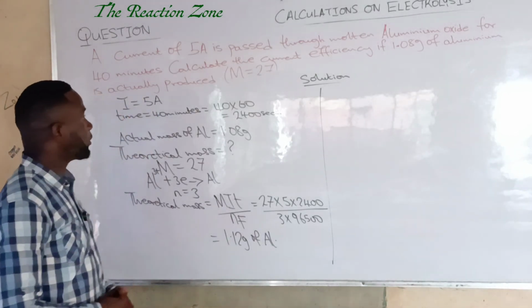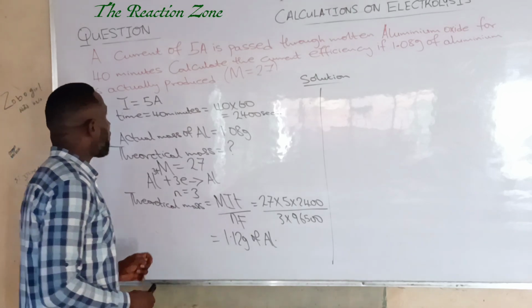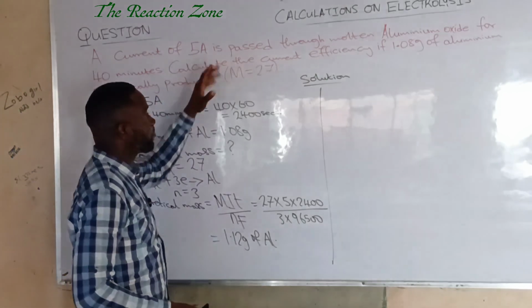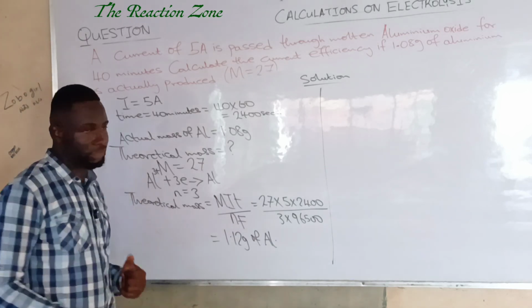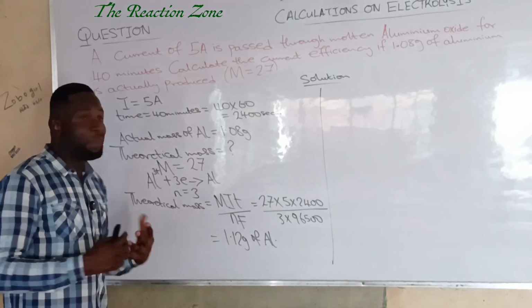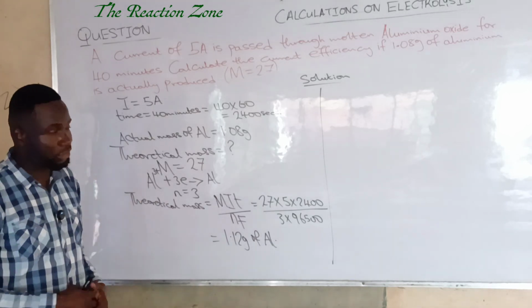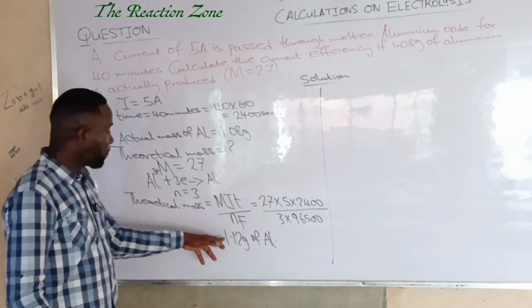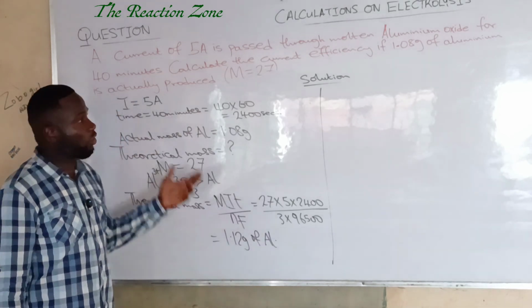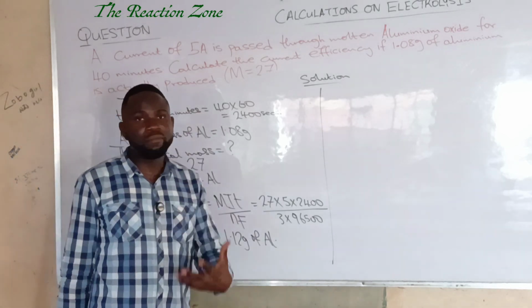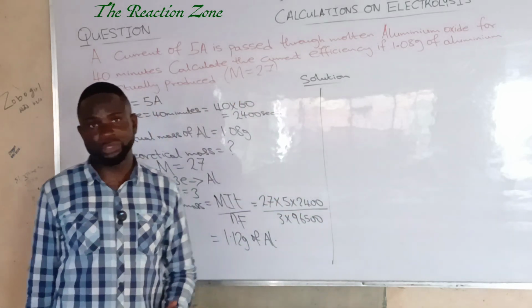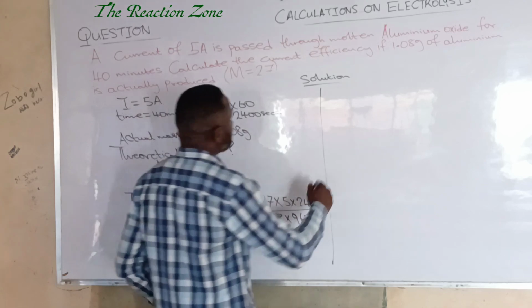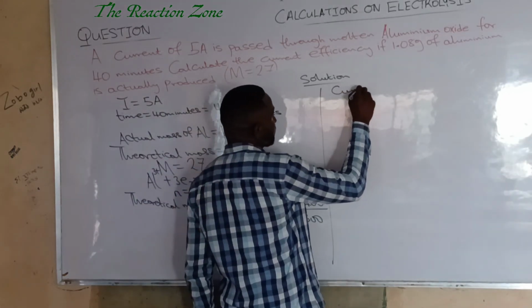Now, what this means is that when a current of 5 amperes is passed through molten aluminium oxide for 40 minutes, the mass of aluminium that is expected to be deposited is 1.12 grams. But according to the question, the actual mass of aluminium that is produced is 1.08 grams. So, to find the current efficiency,